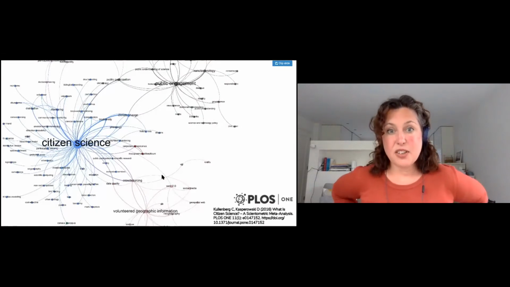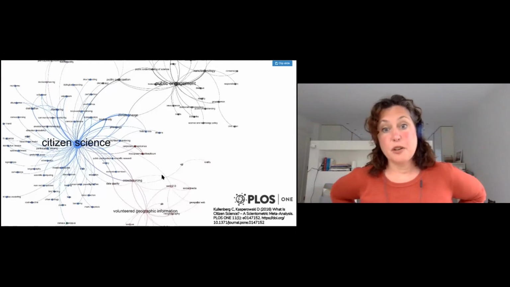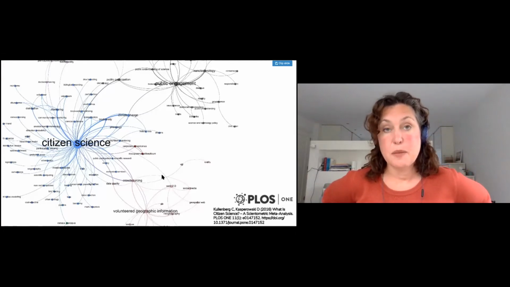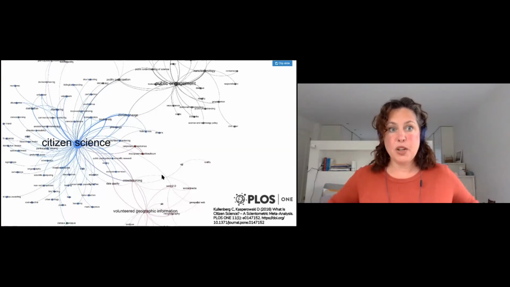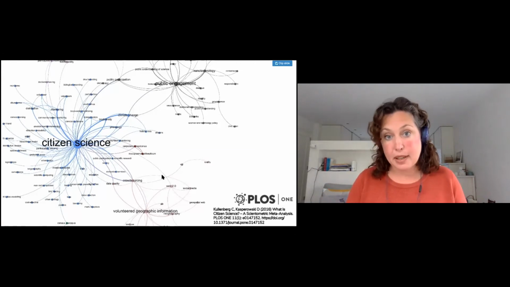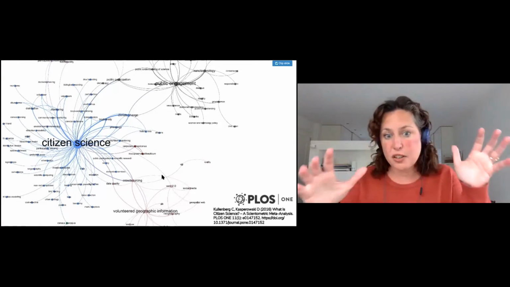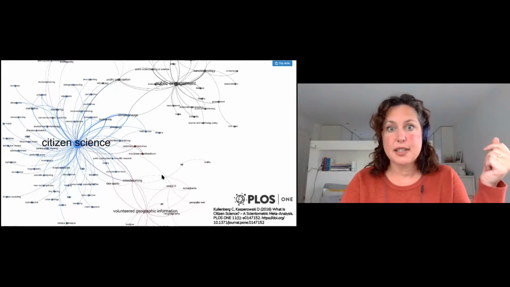And you can see in this graph that there's a huge number of terms or terminology that's used to describe this. So you may very well be involved in research that doesn't use the name citizen science as its title, but is publicly gathered air quality data, for example, or is volunteer mapping. There's a large number of terms that fall under this wider umbrella of citizen science.